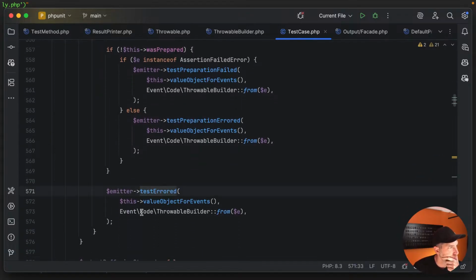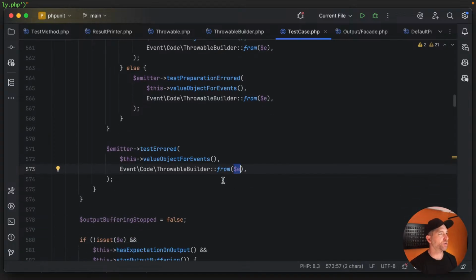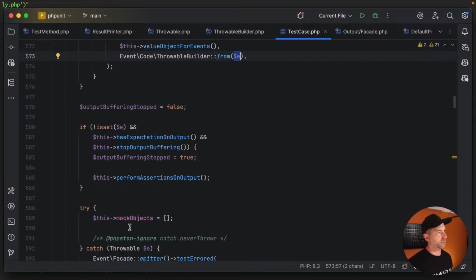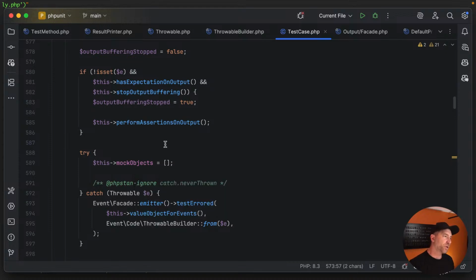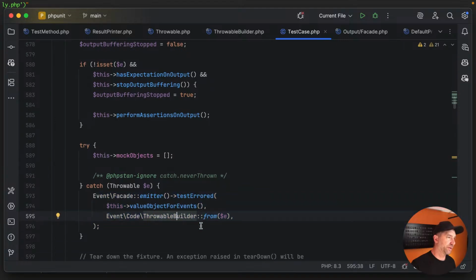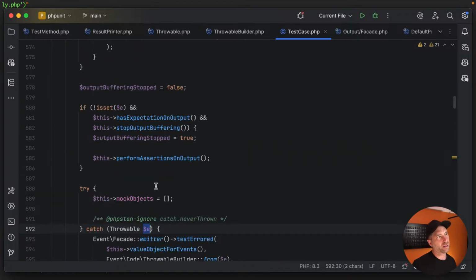Emitter test errored. The problem is you never get... if is set E and has expectation on output, stop buffering, perform assertions on it. There still might be some hope. Yeah, there still might be some hope, but what I'm not seeing is anywhere